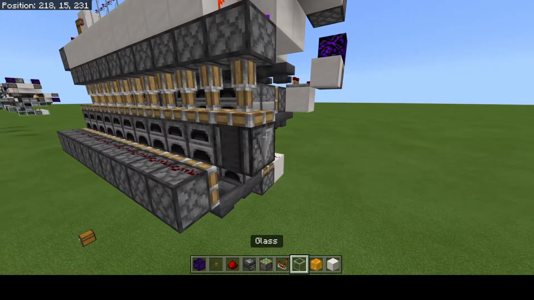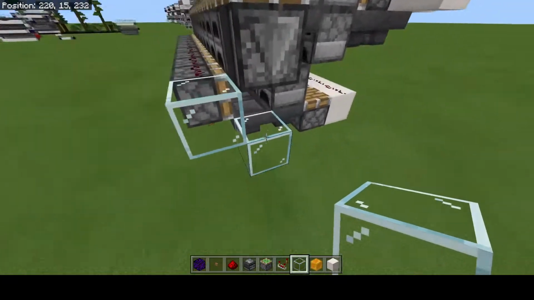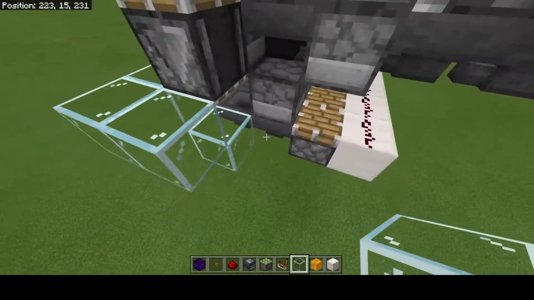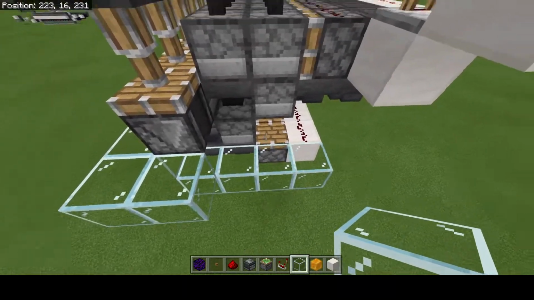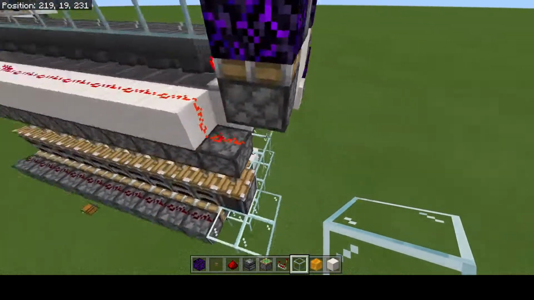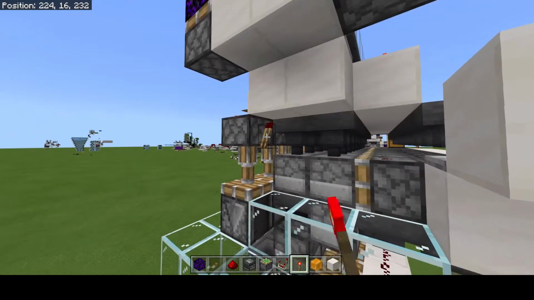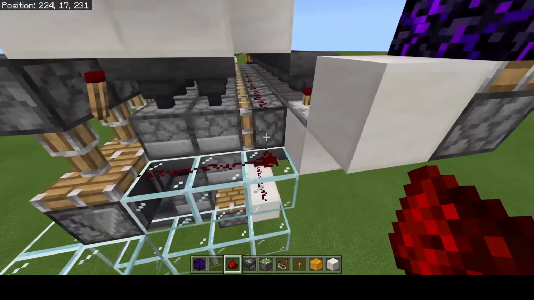Okay, now we can take some glass. We're going to place the glass here, here, break that guy, and go like that. Then we can go this way. And we also need glass over here. We need a torch on this piston. And we need dust going here, which is going to connect